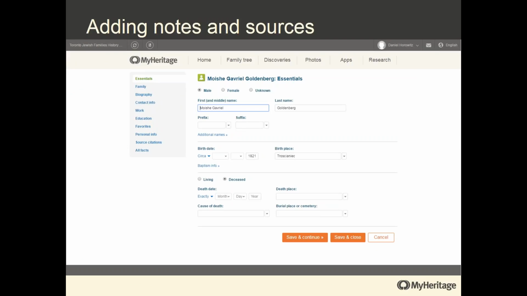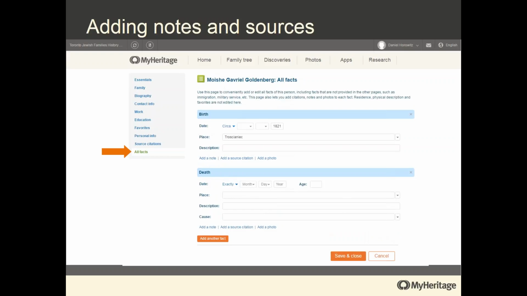We're going to go straight to the bottom of this list where you see the words all facts, and this is actually going to show you all the facts that have been typed for this individual. In this view, you will see a line under each of the facts. In this case, we have two, birth and death, and I'm going to add a note or a source citation